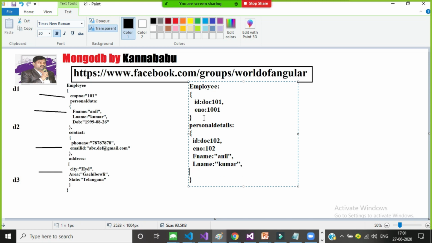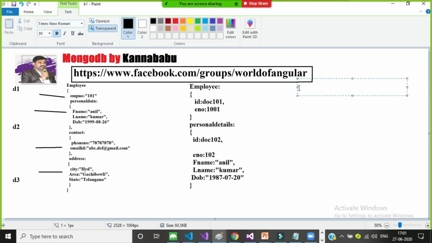And here I'll give some date of birth. So creating individual documents, this is one personal details document. Yes or no?